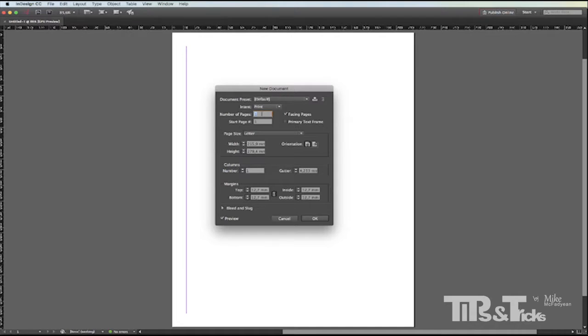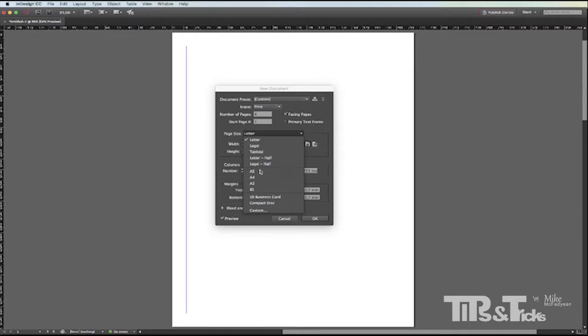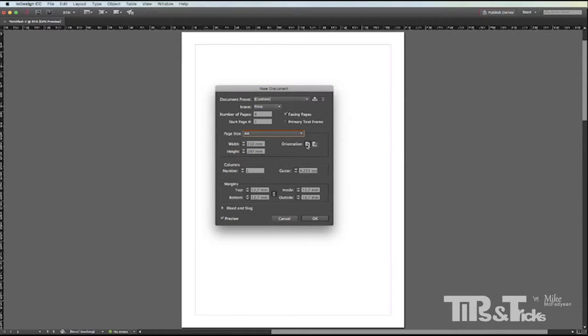Then number of pages, I'm going to put in 4 here. If you want to add pages later, you can always do that in InDesign, but I know that this is going to be 4 pages. So 4 facing pages, yes, because it's a brochure. Size, I'll keep this easy and stick to A4. Portrait. And then columns, I'm going to go for a 6-column layout, and I'm going to set the gutter to